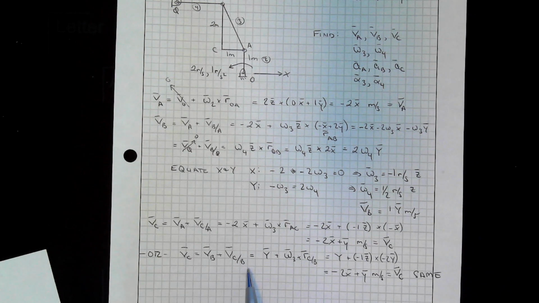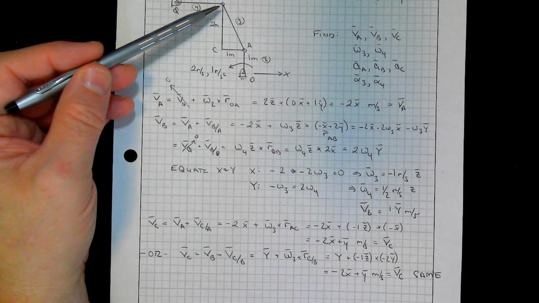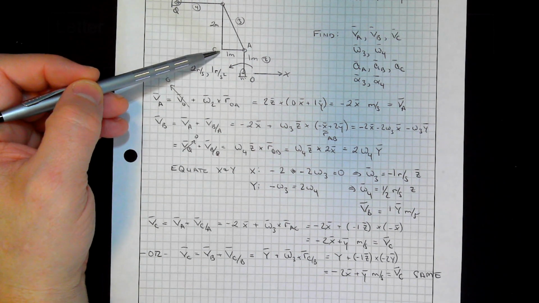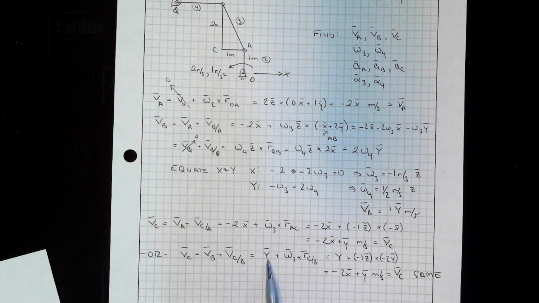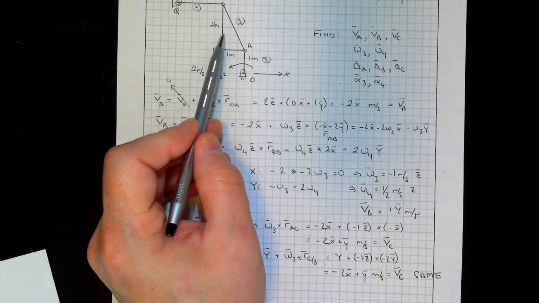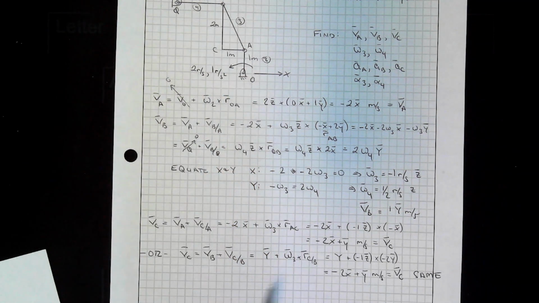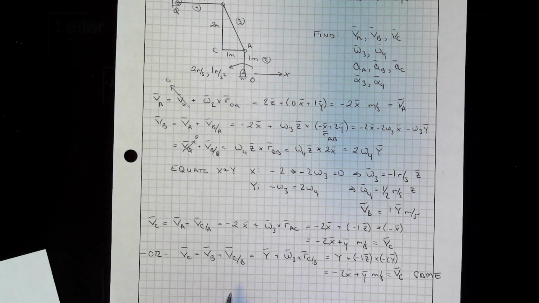plus c relative to b. Just common sense. So it starts at b and then c relative to b. Well, b is just y up. Then you have cross omega 3. That'd be the angular velocity here. And c relative to b, or I could have written,